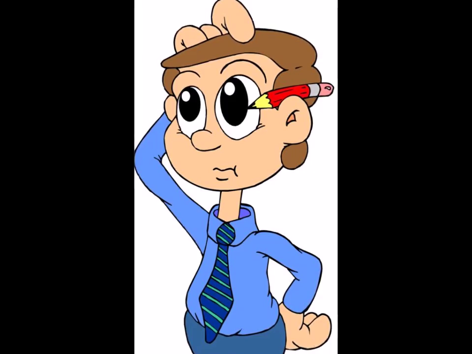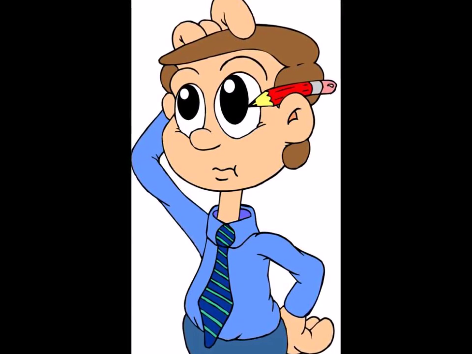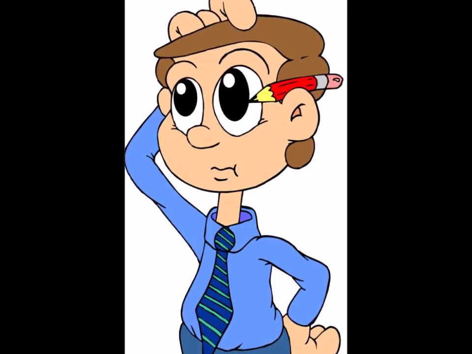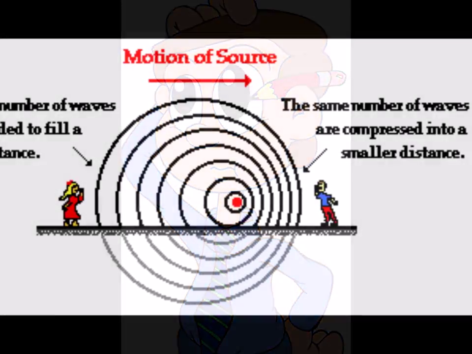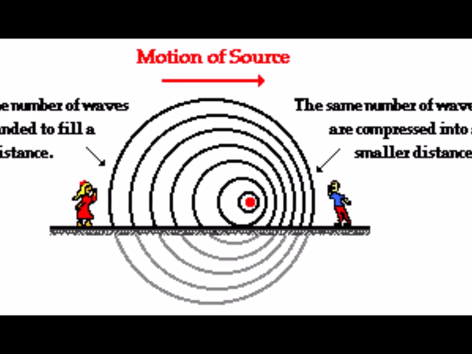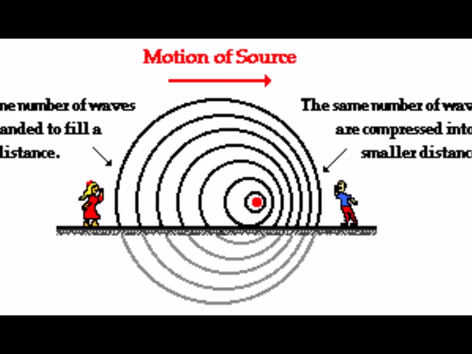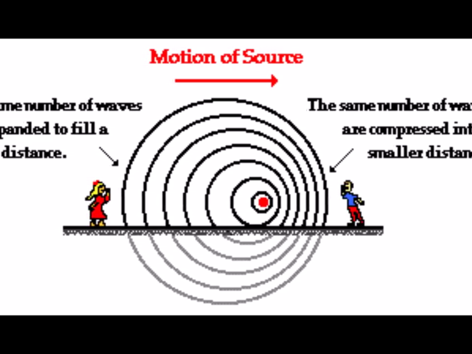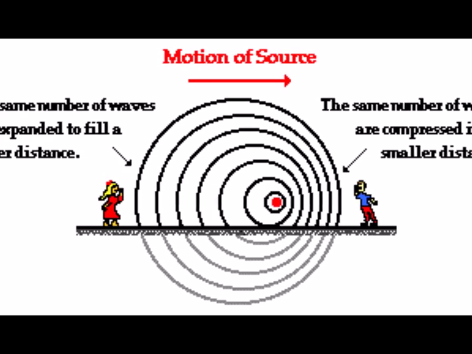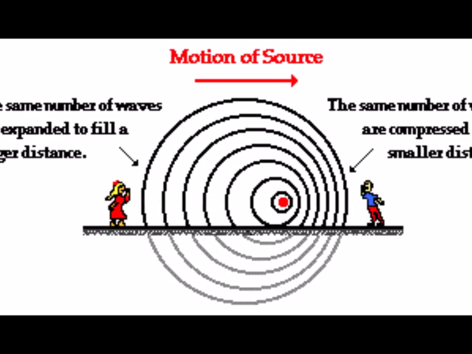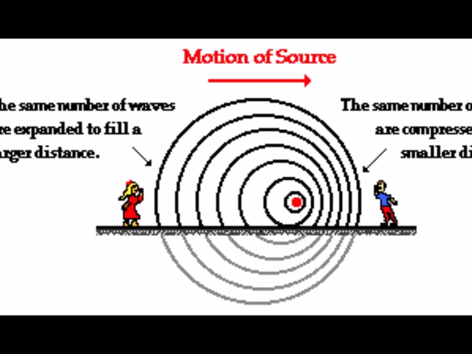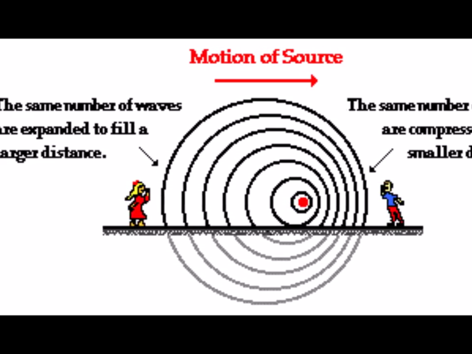Thus, observer B observes that the frequency of arrival of the disturbances is higher than the frequency at which disturbances are produced. On the other hand, each consecutive disturbance has a further distance to travel before reaching observer A. For this reason, observer A observes a frequency of arrival that is less than the frequency at which the disturbances are produced. Therefore, the pitch is lower than compared to observer B.